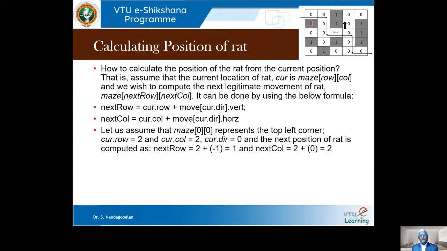So 1 is the row and 2 is the column, that is this one. So it has to move up. Now we are trying to